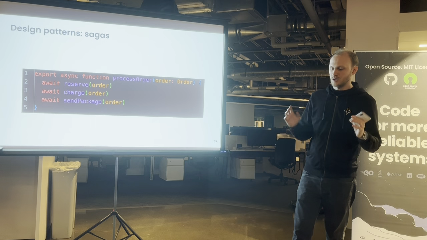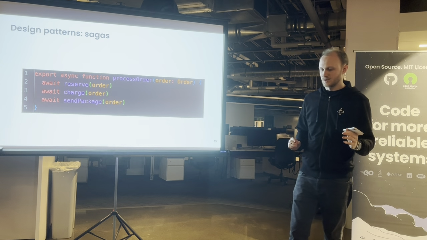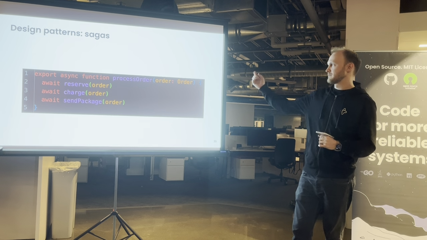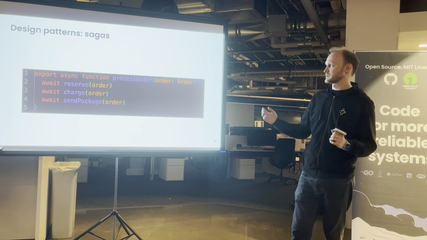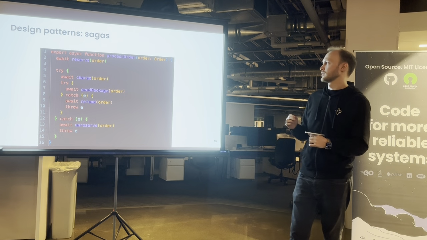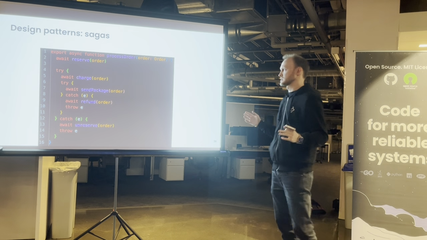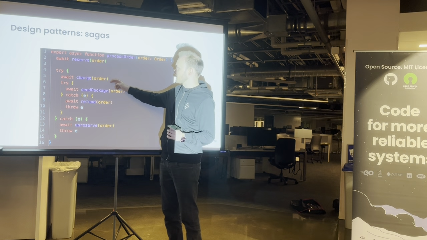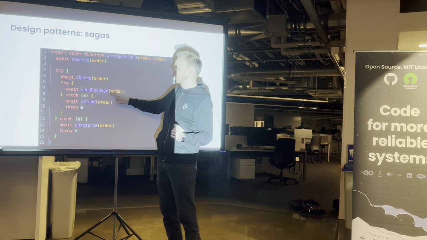So in a durable function, you can do a saga pretty easily. If we have this process order function with the three steps, reserve inventory, charge, and send package, we can just use try catch. So let's say we reserve and then we charge, and then we try to send the package, but it fails with some